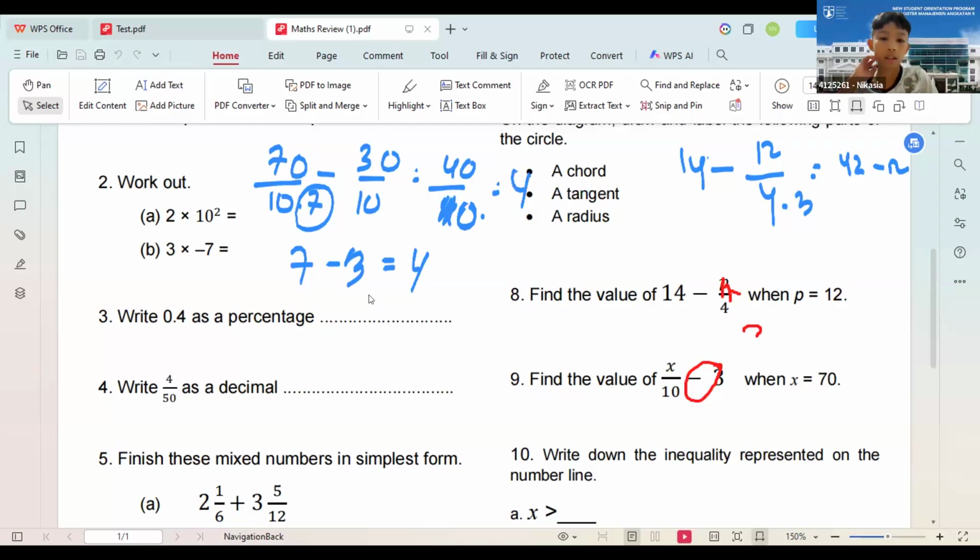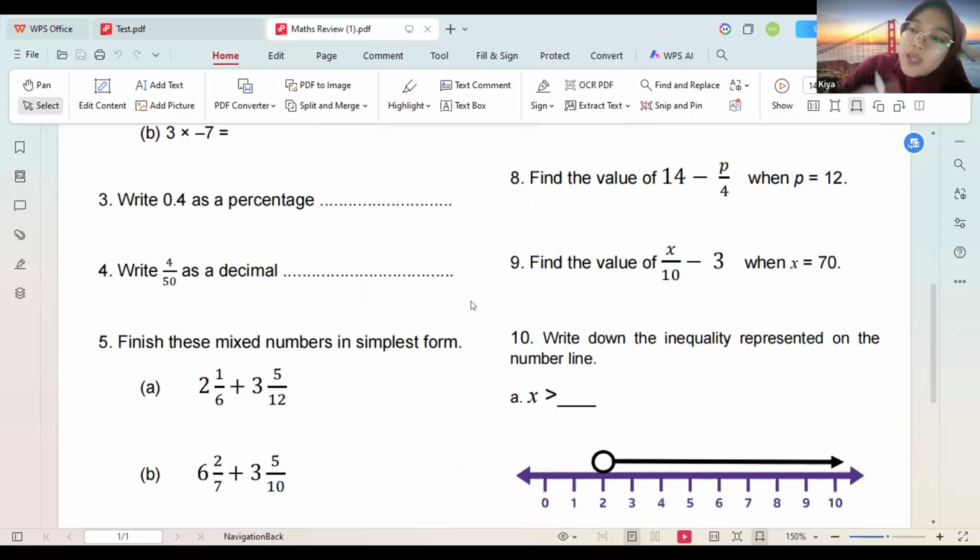For number 8, I'm not sure about that, Jafir. Where did you get that from, Google or from the teacher? From the teacher. Oh, from the teacher. Okay, if it's from the teacher, I think that's correct too. I think we just have different ways. Okay, just use your teacher's way. That's correct too.